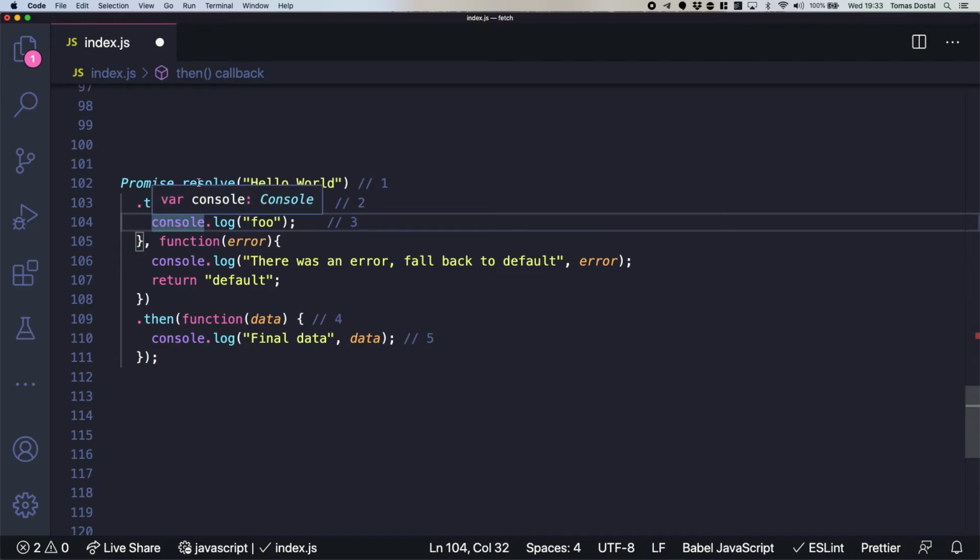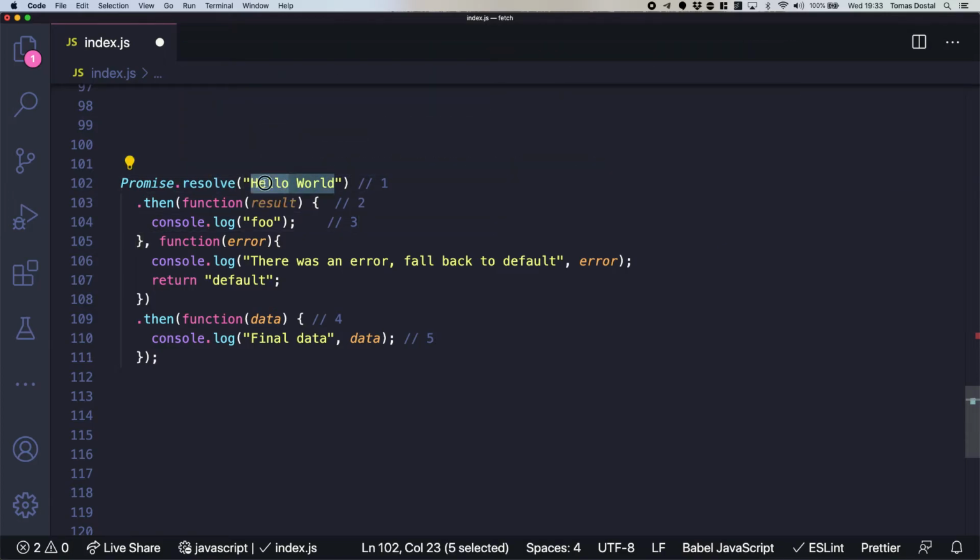We will do reject in a second, but if we want to take the hello world from the resolve and have it in here in the data, then what do we need to do? If you look at the steps, how it goes, what would you have to do so this data actually has something in it? Well, you were right. You just need to finish the sentence, basically.